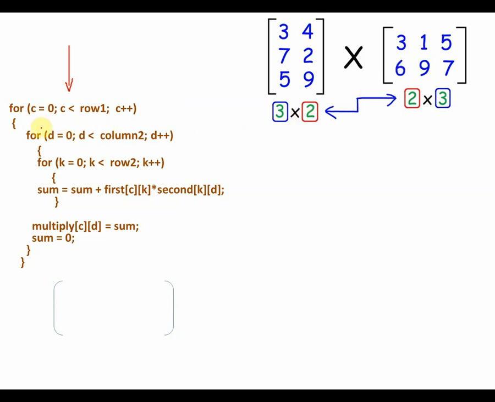So first of all, as you see in this code, there are 3 loops. One is this, okay, this is loop 1, this is your loop 2, which is also called the inner loop, and this is the innermost loop, which is loop 3. You need to use different loop variables every time. You cannot be using the same loop variables. You have to use different loop variables, and the loop keeps on incrementing.